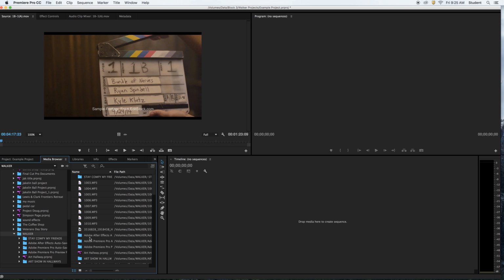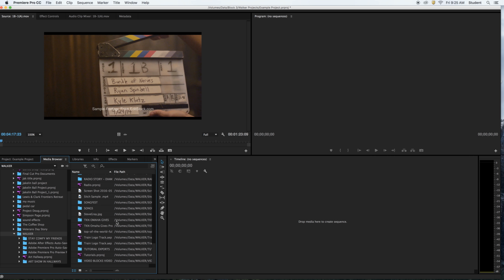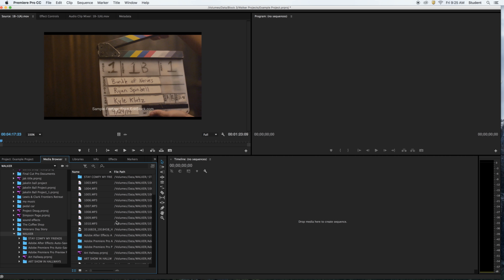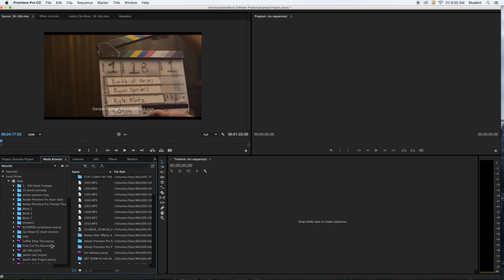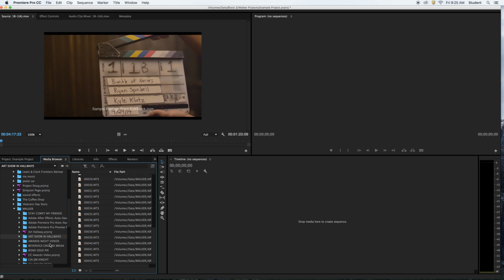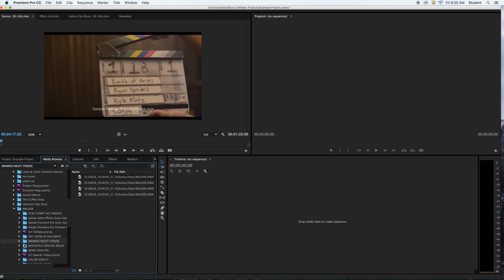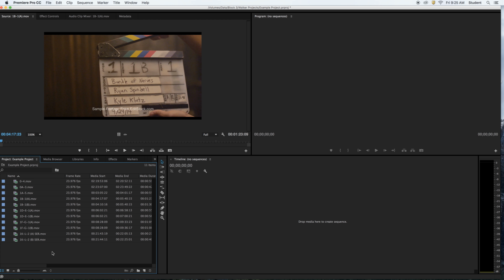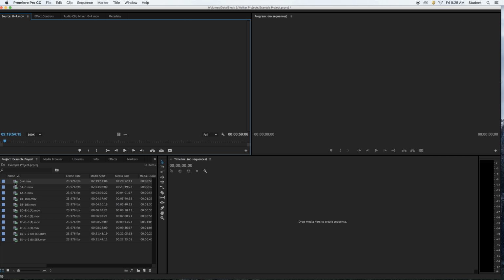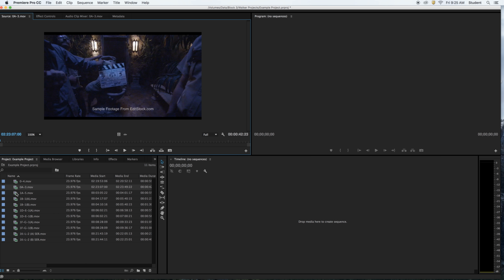And you can see there's just all kinds of stuff that I have inside my Walker folder, and it looks very unorganized. It's in alphabetical order, but it's still kind of difficult because I don't have that area inside my folder very well organized. Now you can see Art Show in the Hallways. This was just filled with different files, and some of these are fairly organized on that front. But if you go over here to your import area,